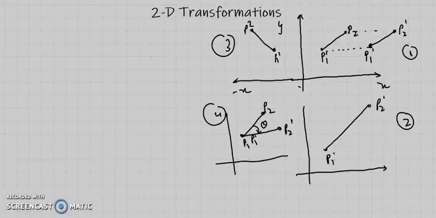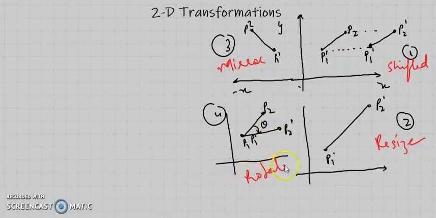So what have we seen in my first transformation? I have shifted this line. In my second, I have magnified this line or else resized the line. In my third, I have created a mirror image for the line. And in the fourth, I have rotated this line. So these are all the kinds of transformations that are possible when I am dealing with 2D transformations.